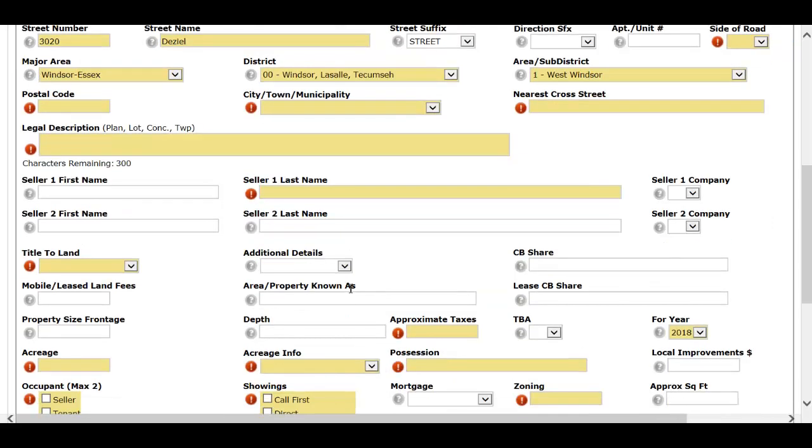I also want to show you this, seller's name. If it's a company, put it under last name, not first name. Put the company name under last name. And then over here you can see company name yes or no. So if it is a company name, obviously change that to yes and put the full company name here